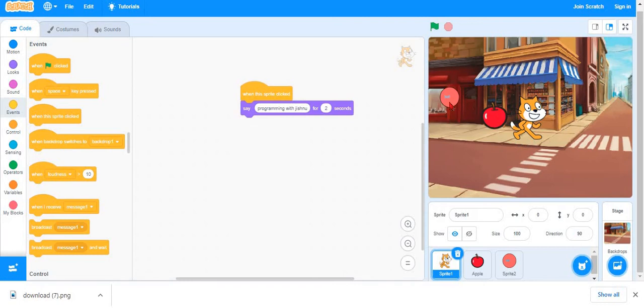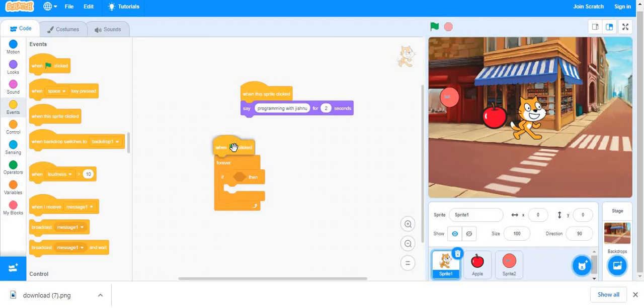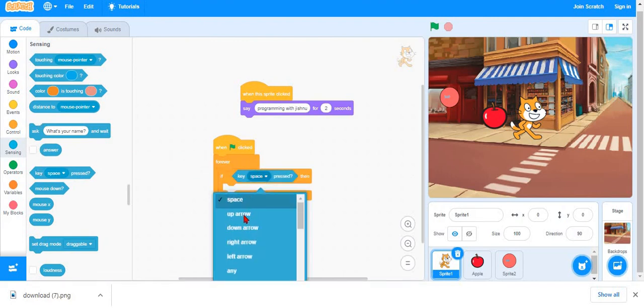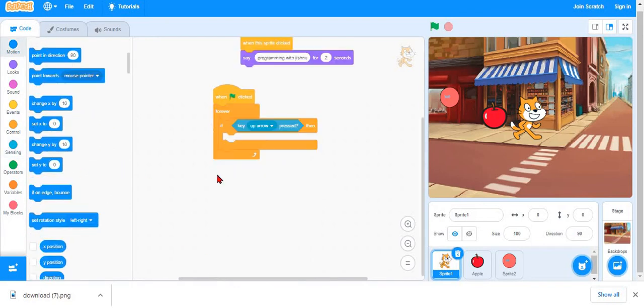And if I want to make a ball, or an apple, or the cat move, I'll go to control and take a forever if. I'll go to events and take when flag is clicked. Then I'll go to sensing and take the when key pressed block, and choose up arrow. Then go to motion and change Y by 5.